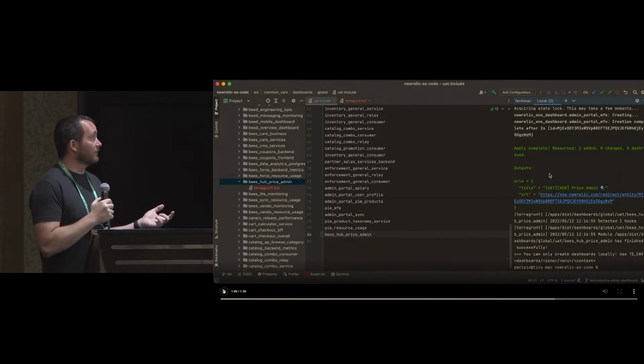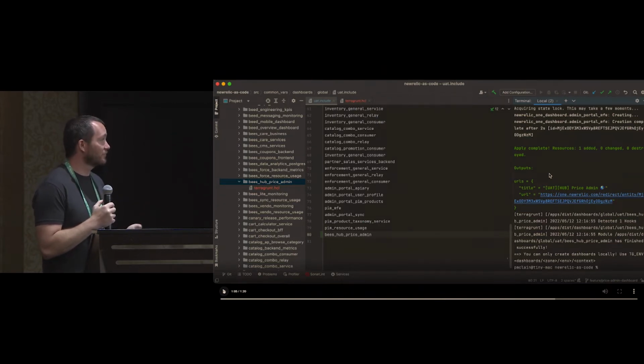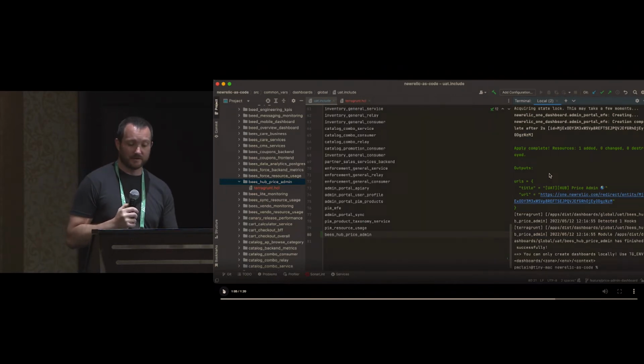But this is the output. I copy and pasted. I changed 2 lines. I ran a command, which normally you just merge a PR. And the output is, I see that I have a dashboard named UAT Hub Price Admin, and then the URL for that dashboard. So if we open up the dashboard,